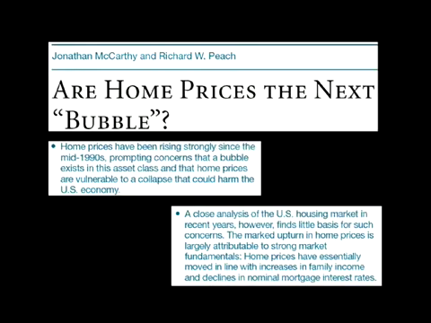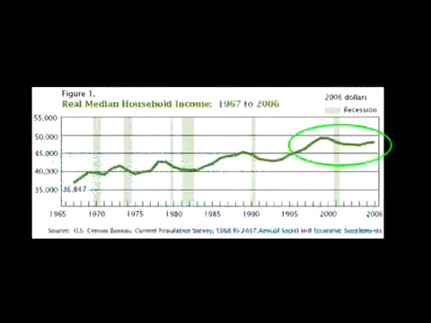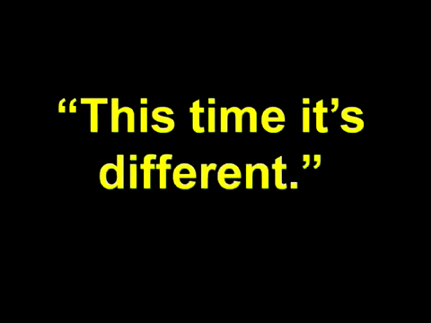Essentially moved in line with increases in family income? What? One of the most widely known facts of our time is that family incomes did not move up at all on an inflation-adjusted basis during the housing boom, and is one of the principal economic failures of the first decade of the millennium. This just goes to show that the Federal Reserve is either stocked with inept or biased researchers, and of the two, I'm not sure which makes me feel worse about our chances of safely navigating through this mess. But the Fed's researchers were simply doing what millions of people did, namely, falling prey to believing that somehow, this time it's different.